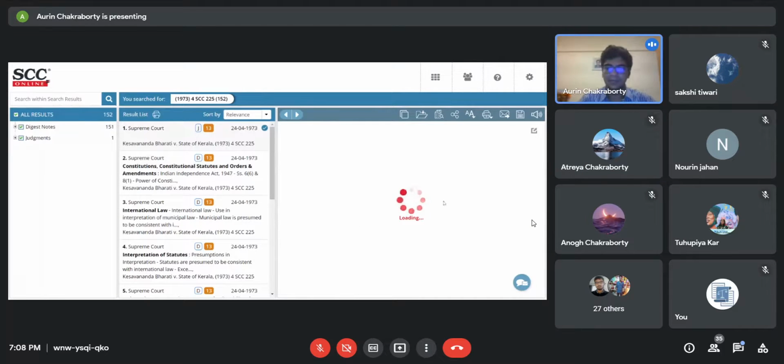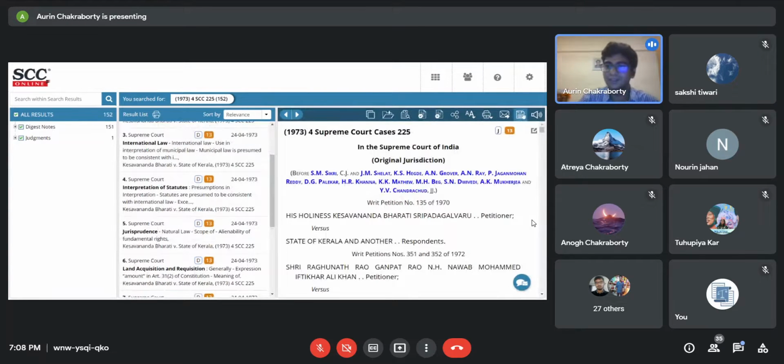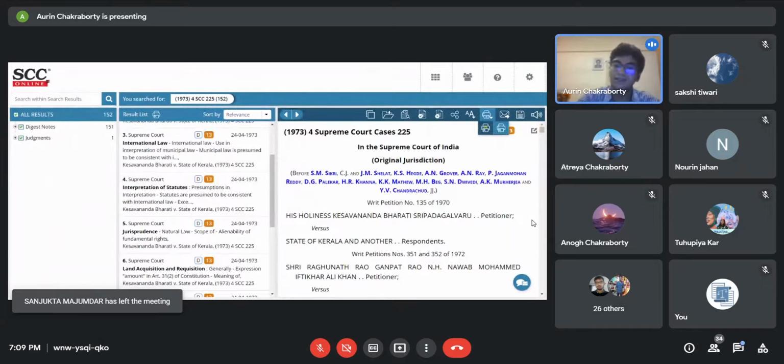Absolutely, I'll do that. I'm just waiting for it to load. So essentially, as it loads, you can see over here, this is the print button. You can just do a general print, which is a non-true print. That would just be a printed version of what is here on the SCC portal, right?